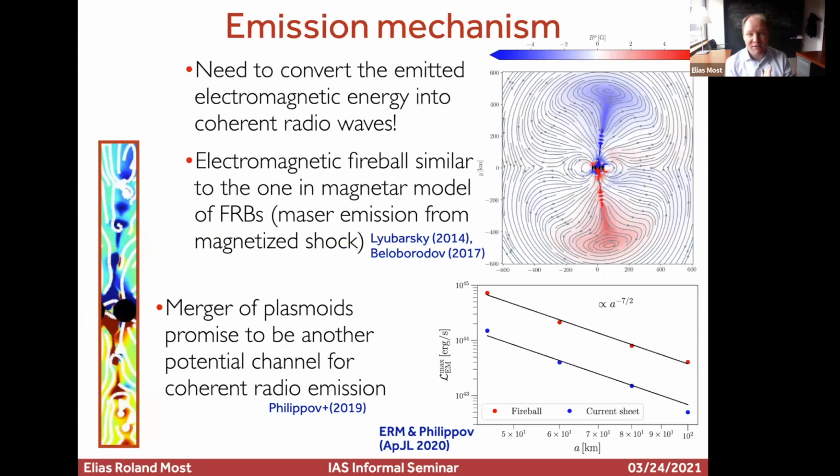And then when you look at this, you have these two distinct types of emission channels. One is coming from the pancake shape, because as this stuff is propagating out, it's becoming thinner and thinner, and it's like a homogeneous shock front propagating against the ambient medium. And there are some models for this in the context of magnetar models for fast radio bursts that you can basically jump on and recycle. You can also look at the merger of plasmoids, and if you look at the field strength that you have, you find that the pancake has about one order more luminosity than is contained in the dissipation of the plasmoids. But I'll get to that in some more detail in the next minutes.